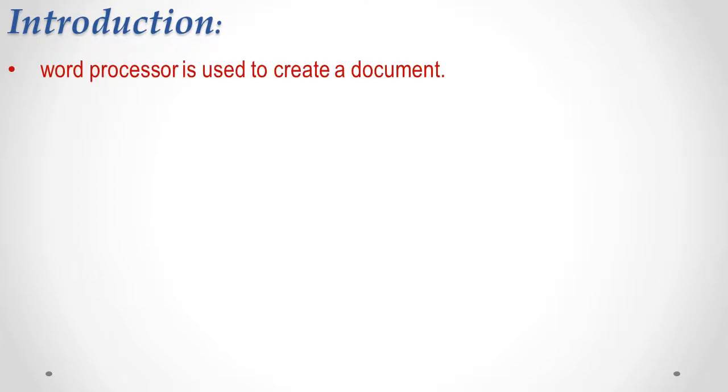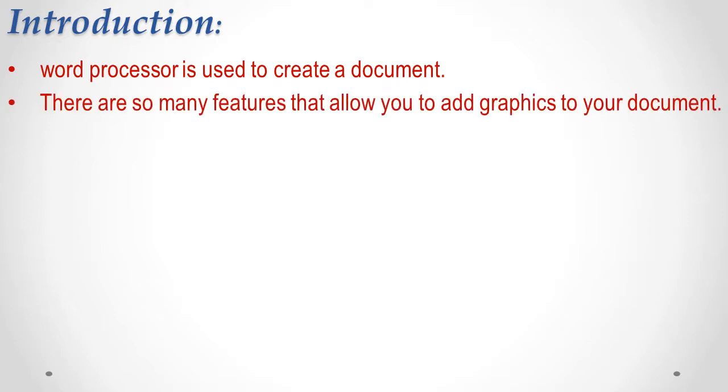First is introduction. Introduction about a word processor. Word processor means what? Word processor is nothing but MS Word. You know, right? What is MS Word? How to open MS Word? What is the use of MS Word here? MS Word is used to create the document. Document is nothing but Word. To type a letter, we will use MS Word, right? To type a letter, to type a question paper also. In a school, to type a question paper also, they will use MS Word, right?